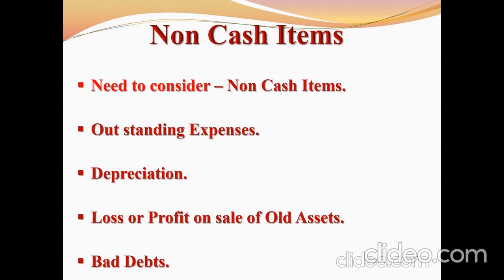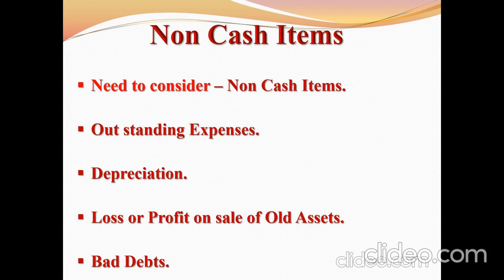Why? Because the particular expense belongs to the current year, but till now you didn't pay that amount, and it should be shown under the liability side of the balance sheet. It is a liability. Next, loss on sale of assets. When you sell any old assets, it is of a capital nature. We can't record the sale of assets in the income and expenditure account, but when we sell assets, there is a possibility of getting profit or loss on sale of assets.